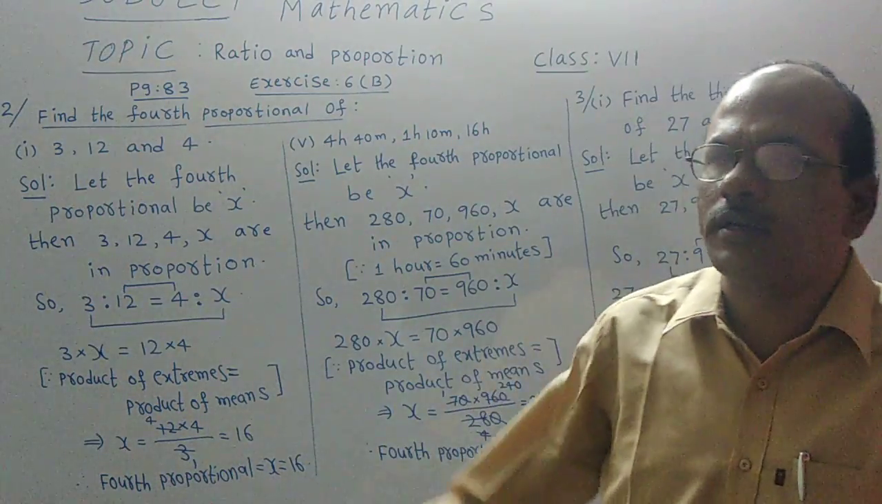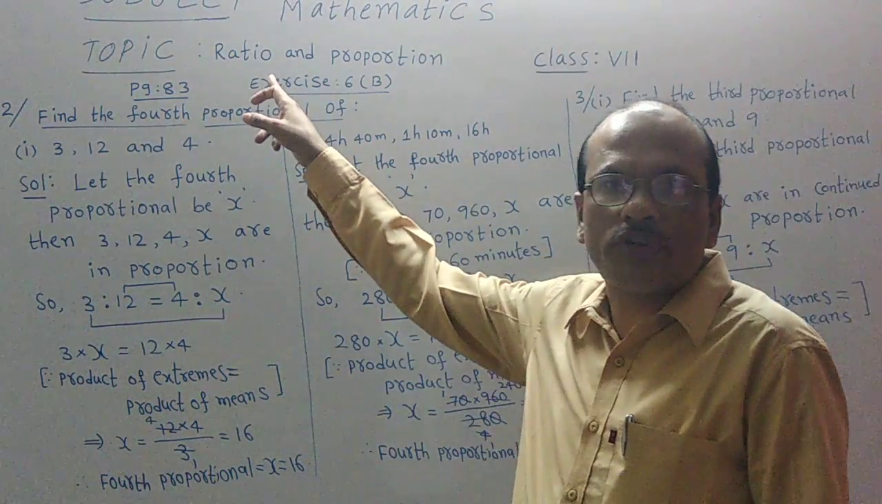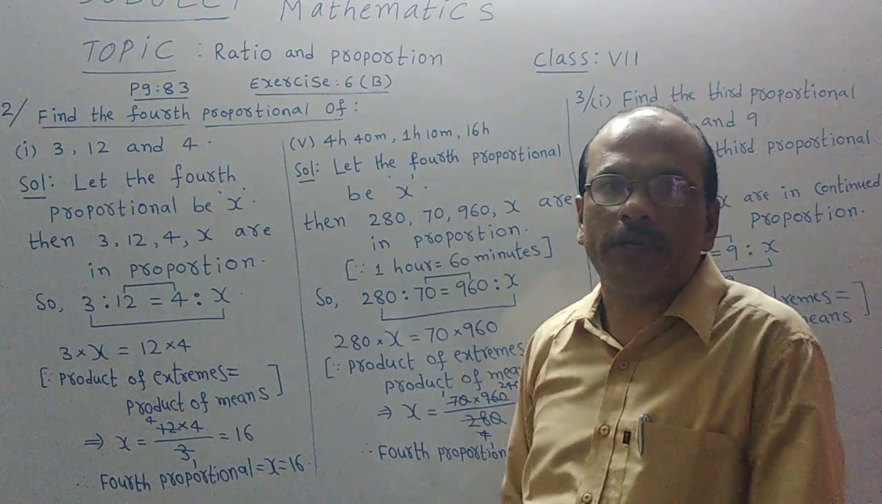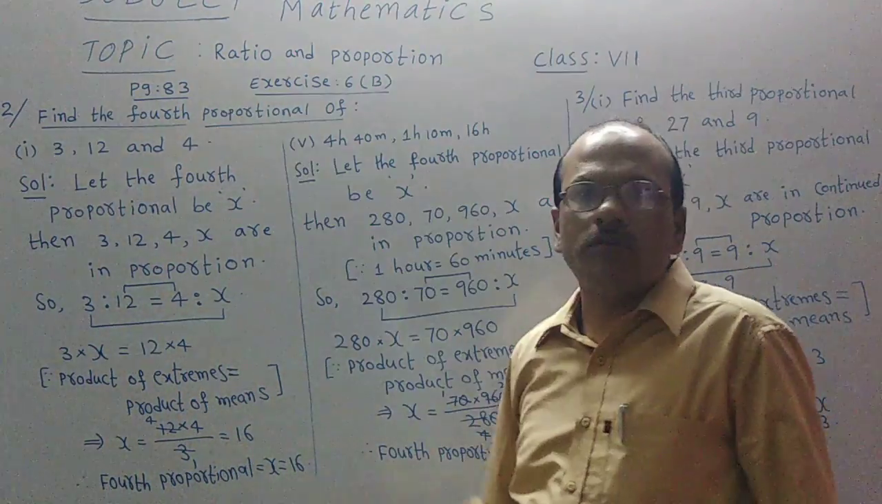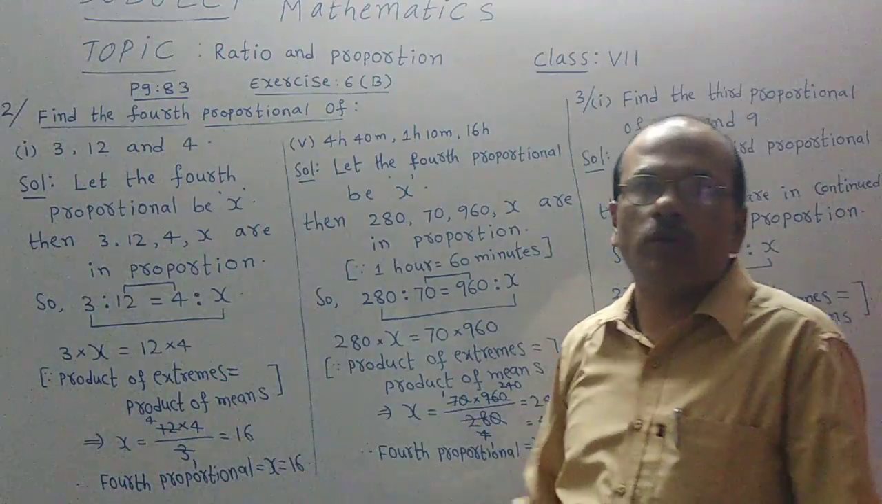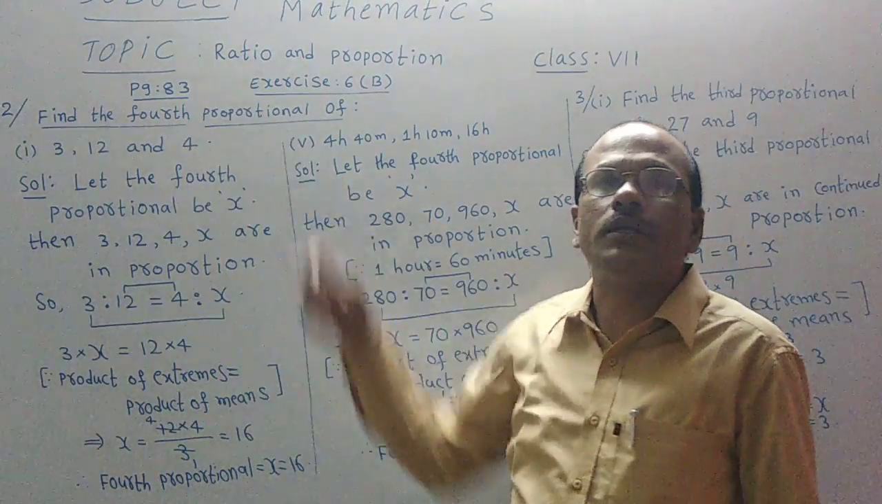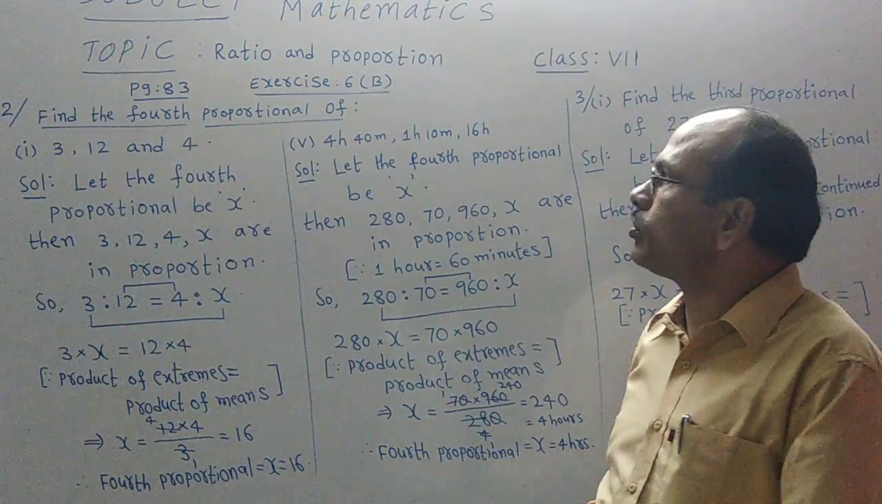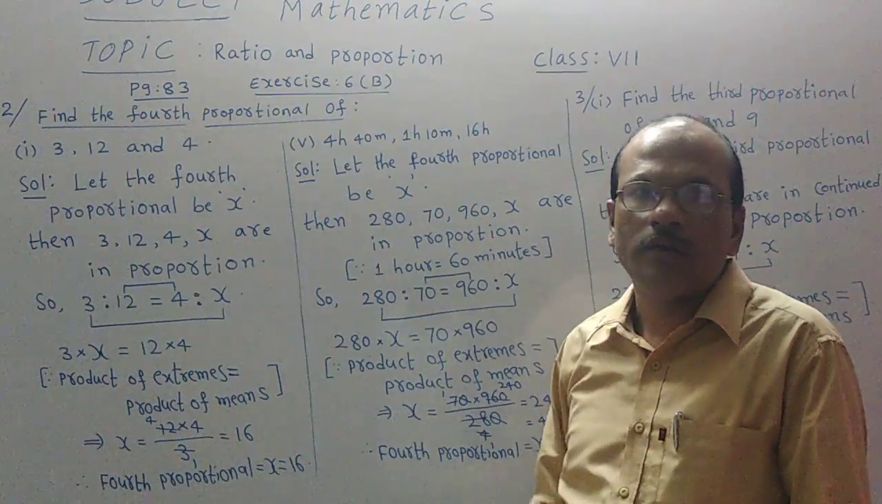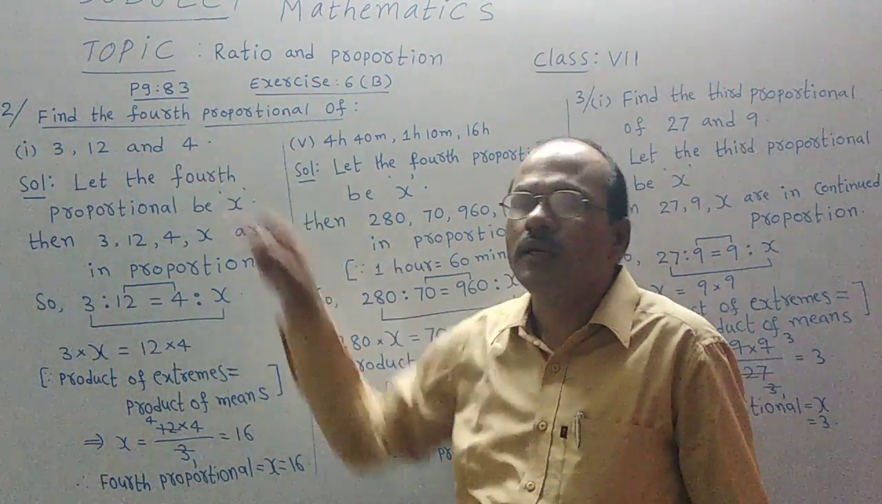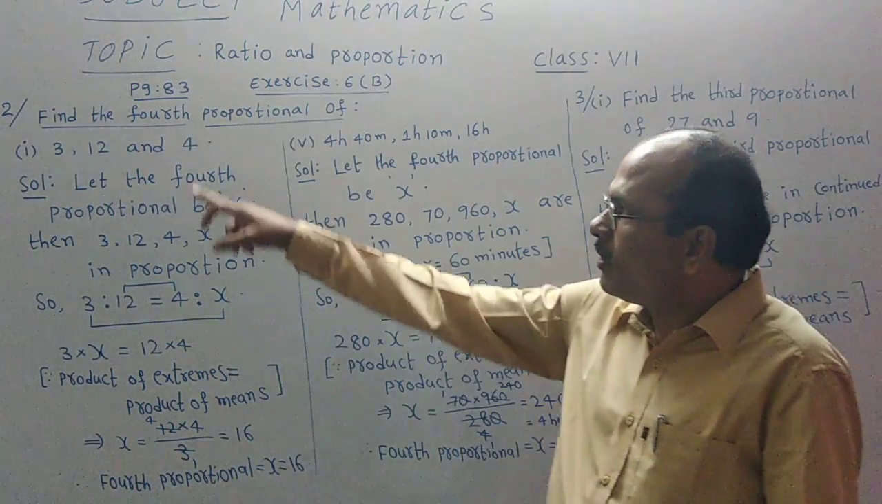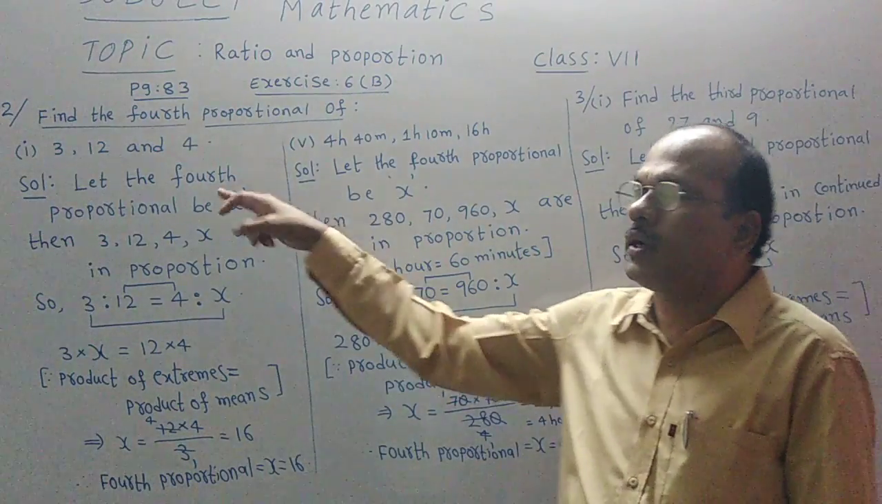We were in the chapter Ratio and Proportion, exercise 6b. Take out your maths textbook and open page number 83, Ratio and Proportion chapter. Okay, page 83. Let us see the second question. Find the fourth proportional of